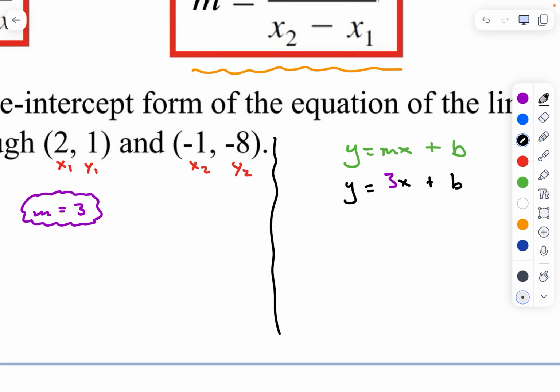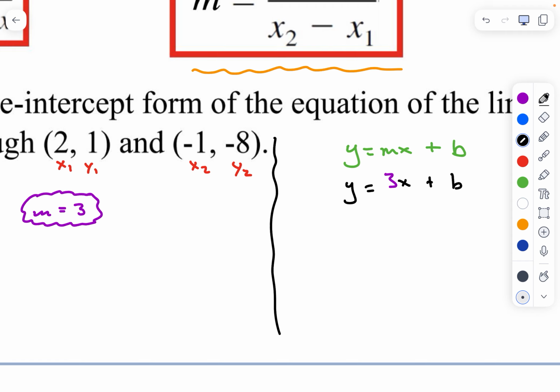By my count, we have 3 variables going at this stage. But luckily, we have substitutors, right? We have values that we can plug in place for x and y. In fact, we have 2 options. We're given 2 coordinates, so we could use the coordinate 2, 1, because when x equals 2, we know that y equals 1, or we could use the other coordinate, negative 1, negative 8, because when x equals negative 1,